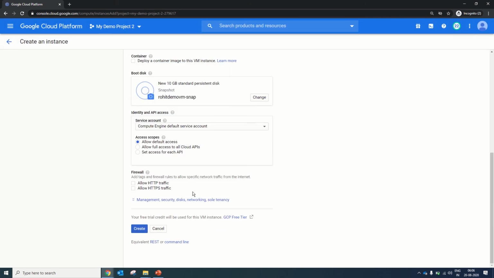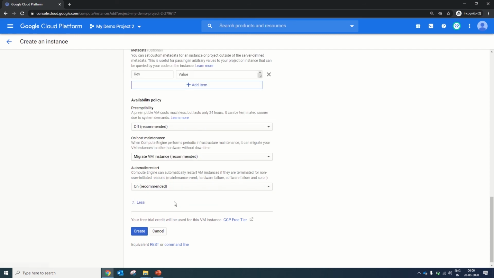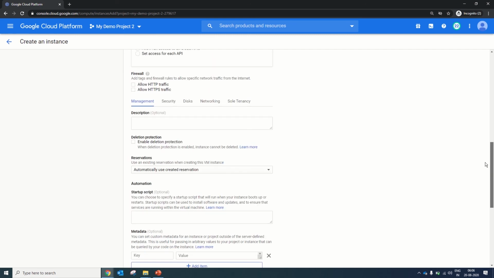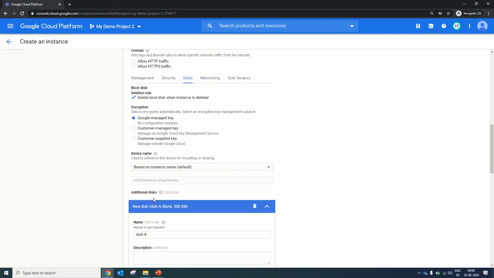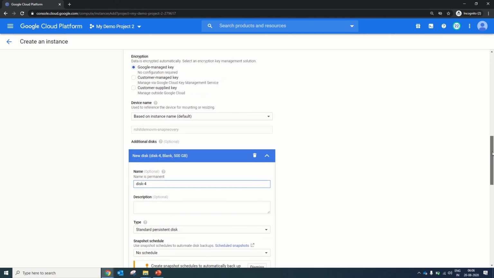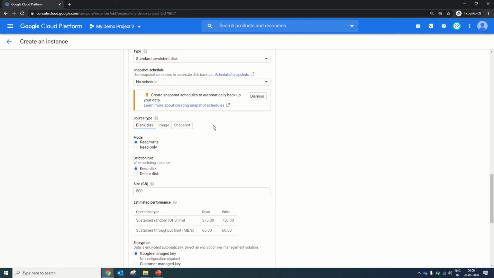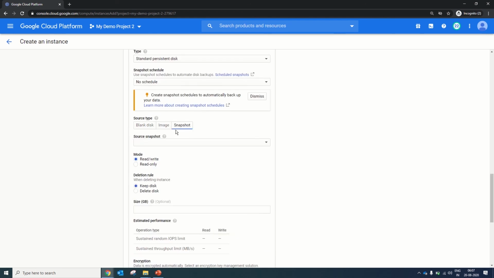Also, once you go to management and disks, you can add an additional disk from here, and it also gives you the option whether you want to use the snapshot of an existing disk. When you click here, you will get the option of Rohit demo VM disk 3.